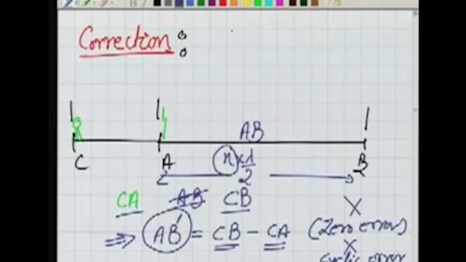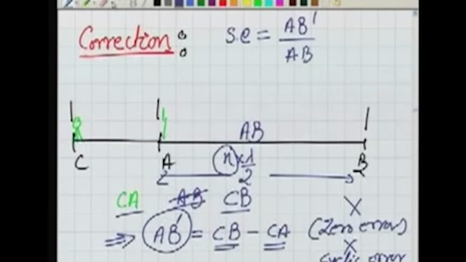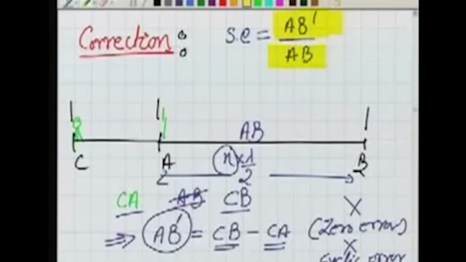The scale error, if I write as SE, is then given as AB dash by AB. This AB is known from the standard. We know its actual value, and this is being known by a very special measurement. Measurement means in this particular measurement of AB, we don't have zero error and cyclic error, they are eliminated. So this particular ratio is called the